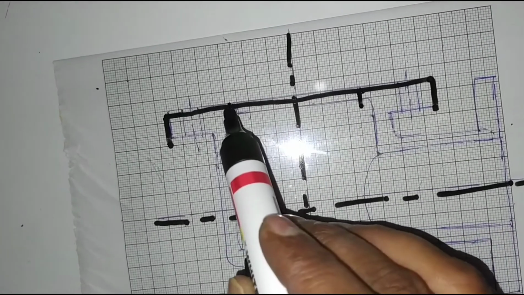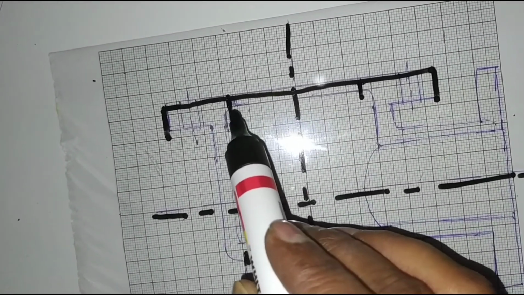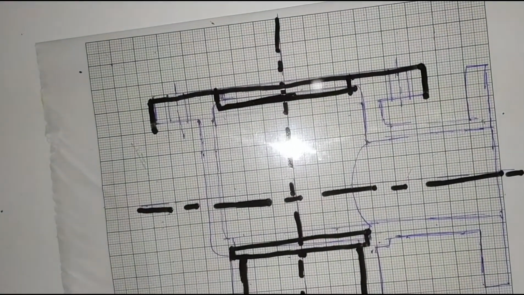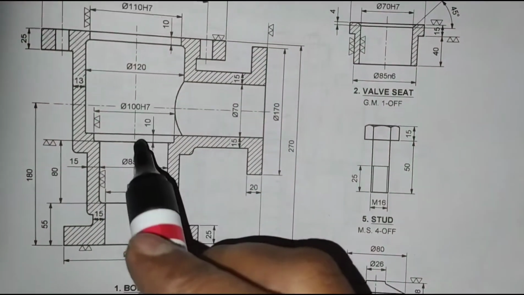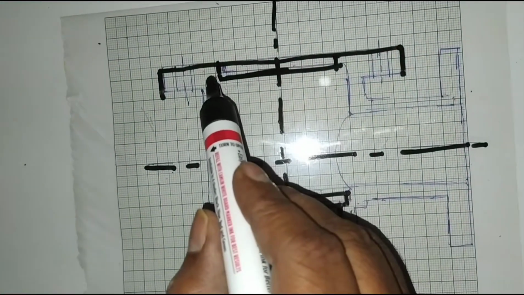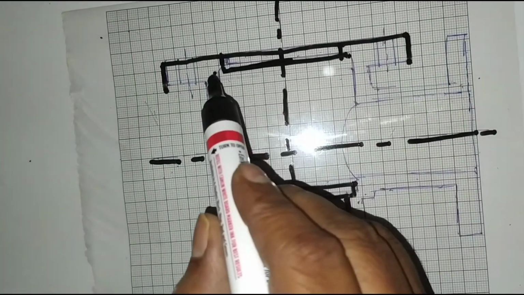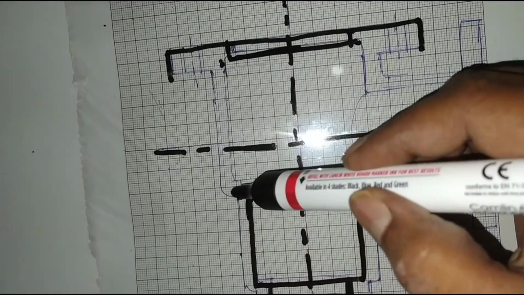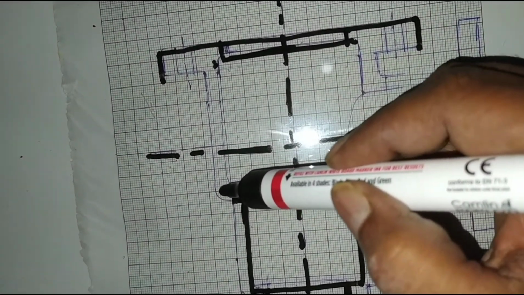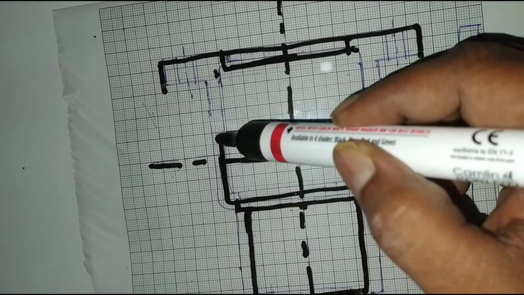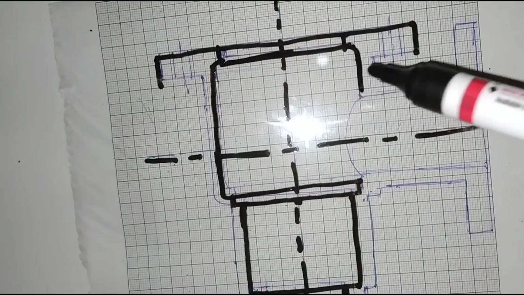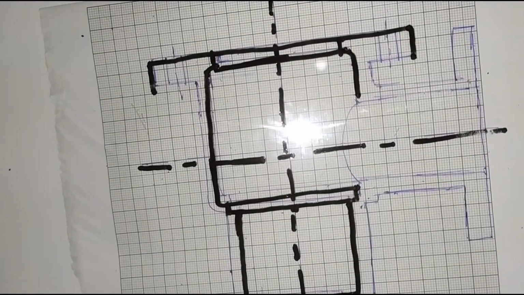What is the depth of the hole? 110 mm. And I have just drawn a line here. Okay. Next, what is the diameter? The internal diameter next to this is 120 mm. I will mark 120 mm on either side, 60, 60, and draw the straight line. Here also 60, 60. Here I will draw the curve. This is a straight line. Only this much portion we have to draw here.